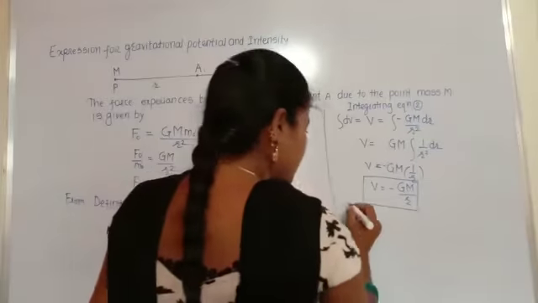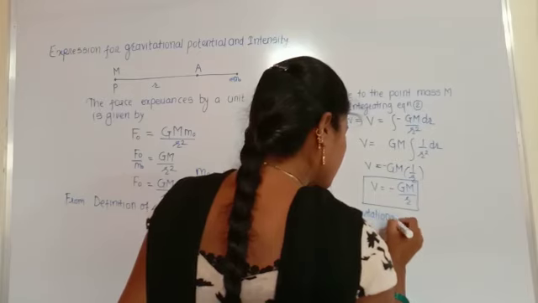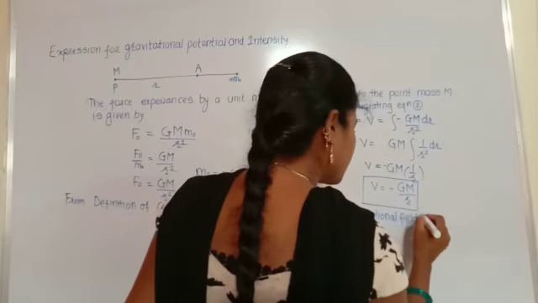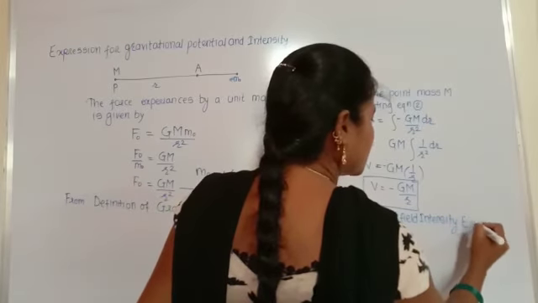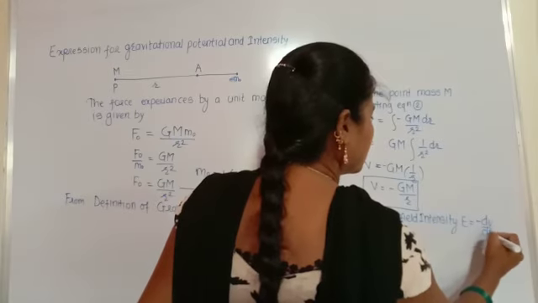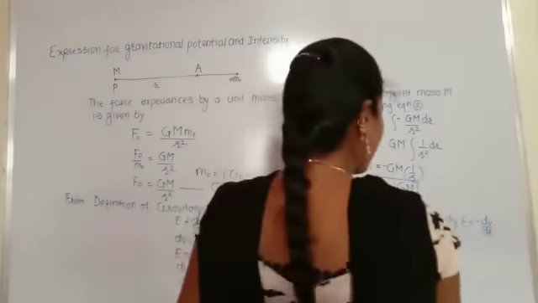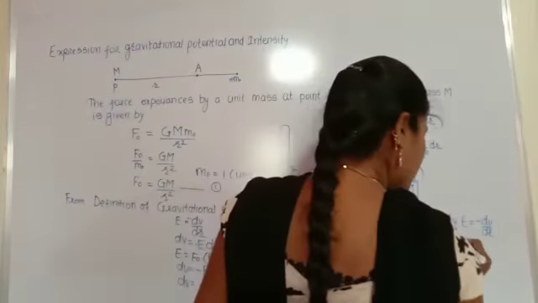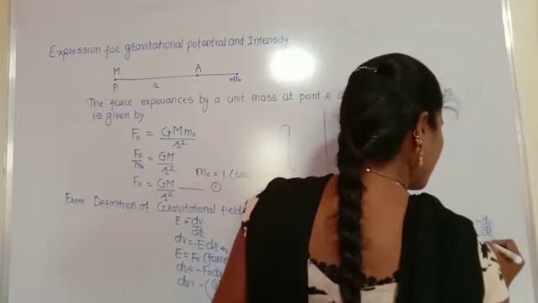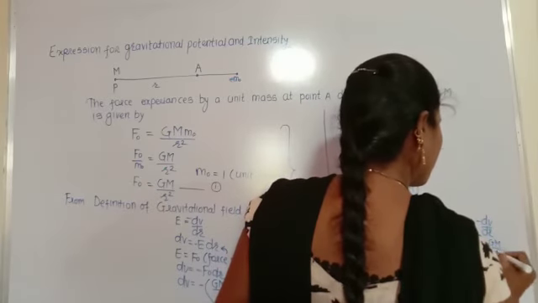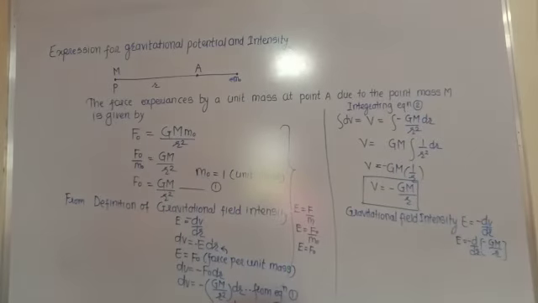Then the gravitational field intensity. E is equal to minus dV by dr. We have the formula E is equal to minus dV by dr. So therefore we have V is equal to minus GM by r. That means E is equal to minus d by dr of V, that is minus GM by r. And this minus gets plus,